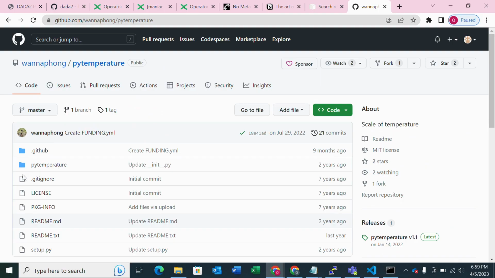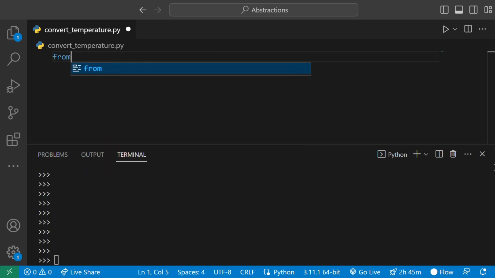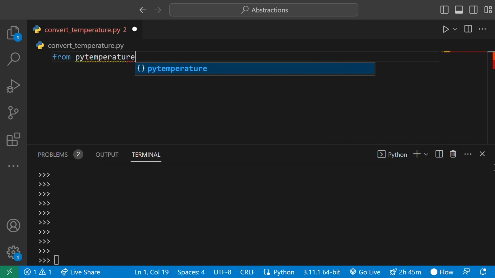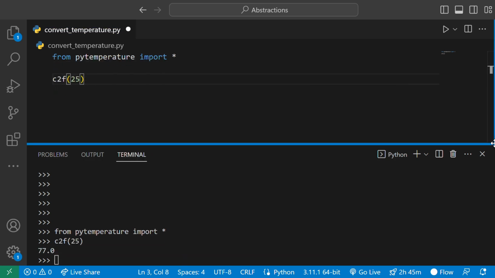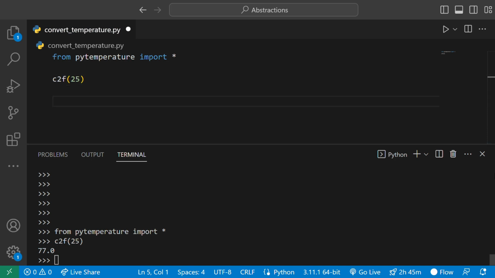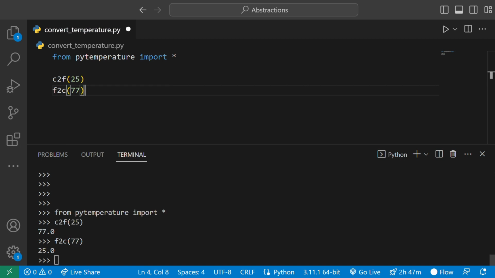Now this is a very simple demonstration of abstraction, but we can actually abstract further. We can now take our functions that we've just created and create a Python package. That way, instead of defining the functions in every Python file we create, we can simply import the package which already has the functions built into the package. And this already exists in Python. There's a Python package called 𝗶𝘁, which has many functions for converting between different temperatures.